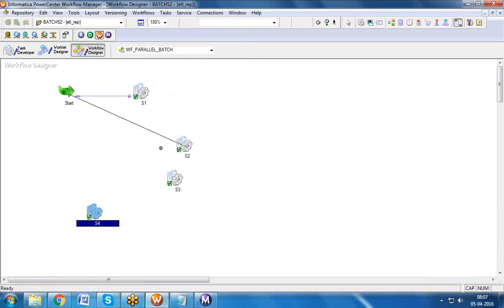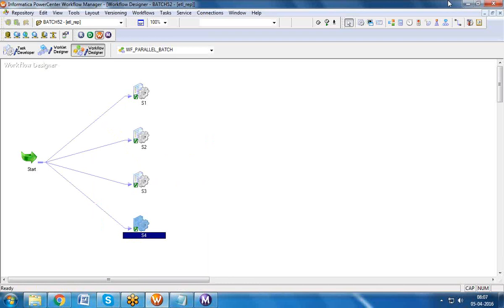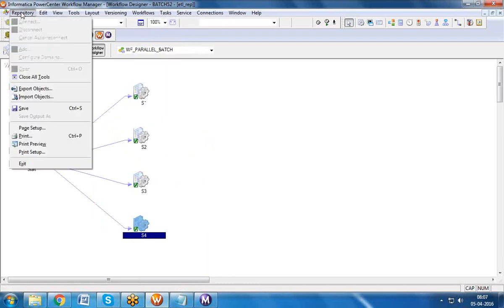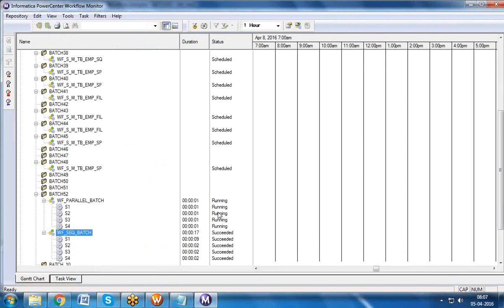All sessions are linked with the start task. This is the way your parallel batch looks. All sessions are linked to the start task. Then how does this execute? Did I save it? Okay. All sessions will trigger in parallel.